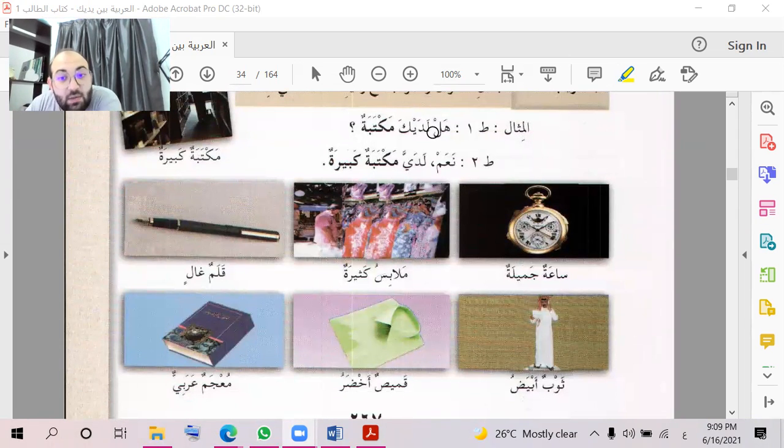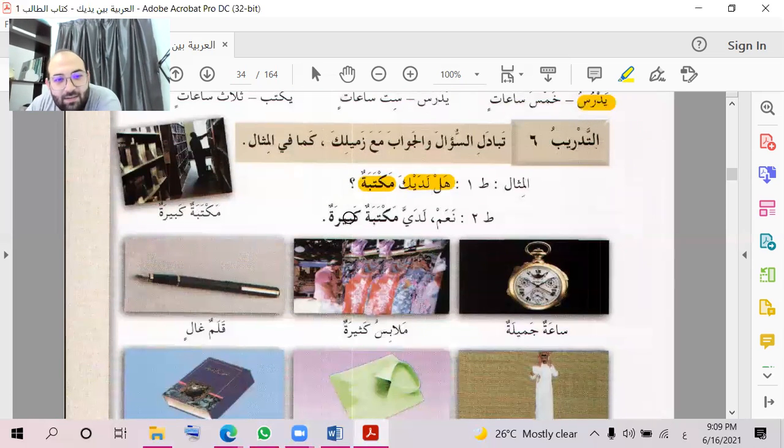Last exercise. All of this we take it before, but now we are using different vocabs. هل لديك مكتبة؟ What the meaning of هل لديك, حاجة ميمونة؟ هل لديك مكتبة. هل لديك. Do you have? Do you have a library? هل لديك؟